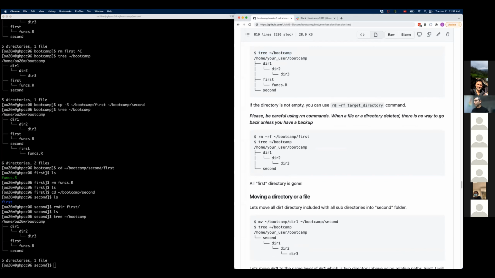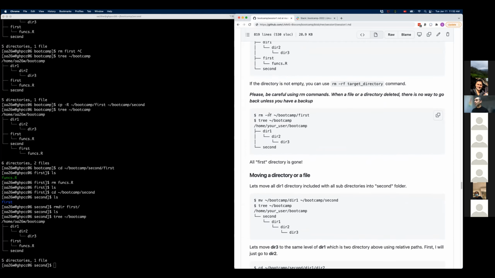If you want to remove a directory with the contents, you still use rm, just like you're removing a file. You need to use the -r flag or option. And -f is for forced deletion. It's usually not a good idea to do that, but since these are not very important files, we could just go ahead and do it. If you do rm -rf, it basically says delete this, whatever the consequences.